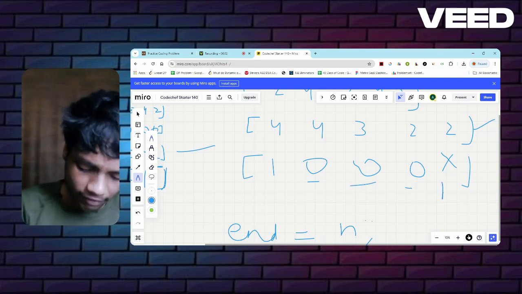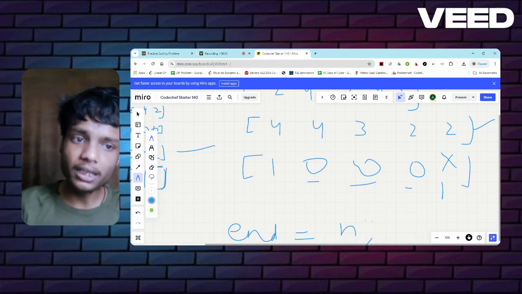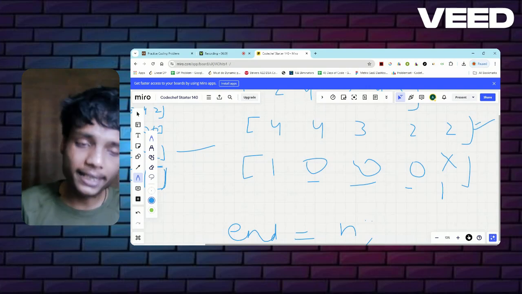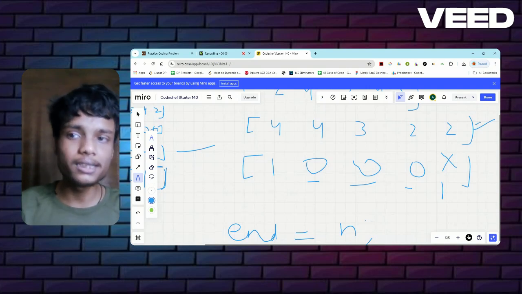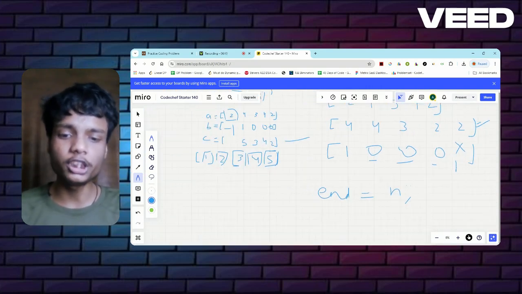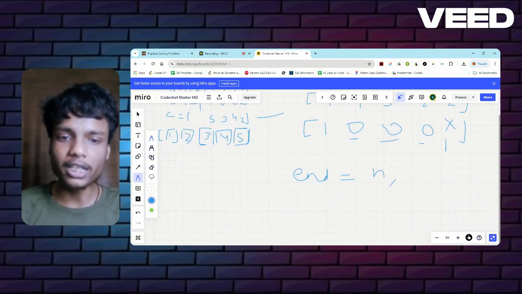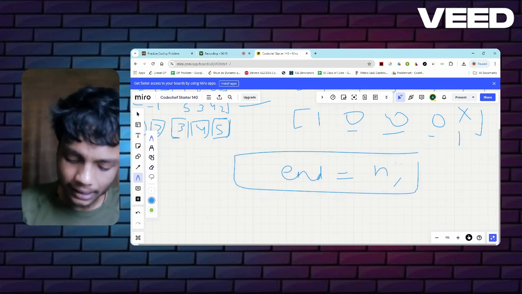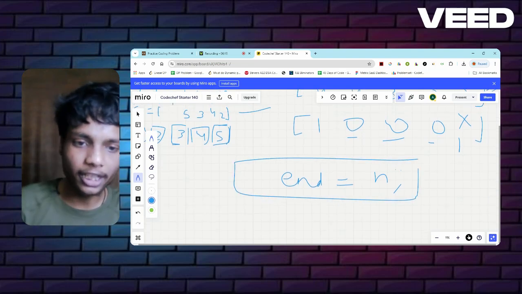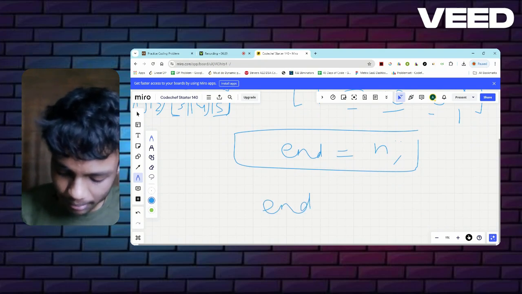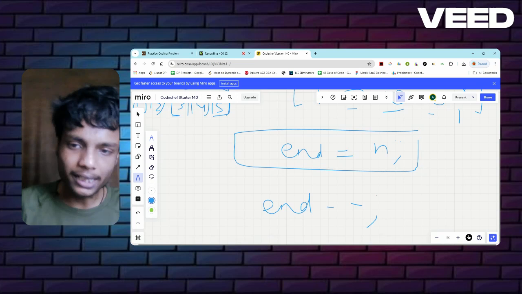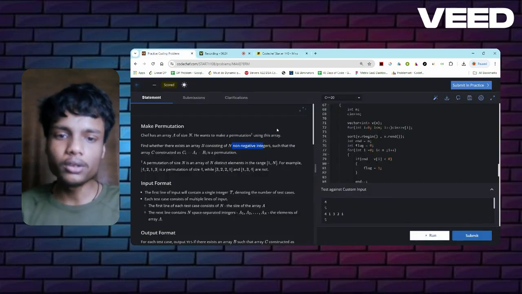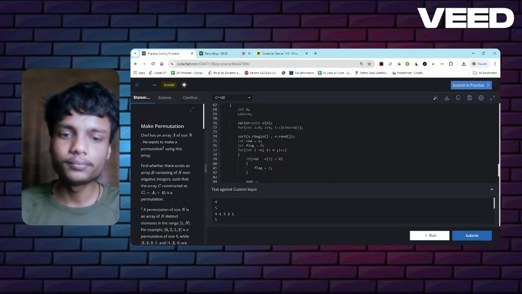But here I want to have 1, and the element in the array is 2. Now 1 minus 2 is less than 0, which is not satisfying the condition. In that case I'm going to return. So what I'm exactly doing: simply reverse and take a variable as end. Once the condition is satisfied, simply do end minus minus and move on. So let's see the code for the problem.